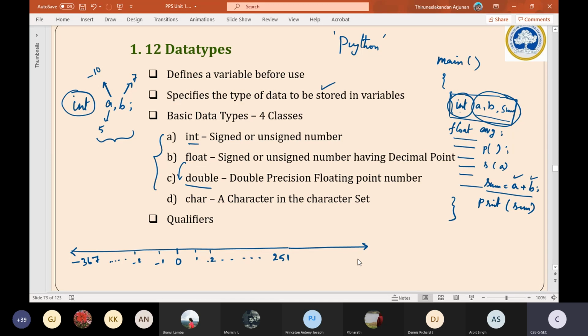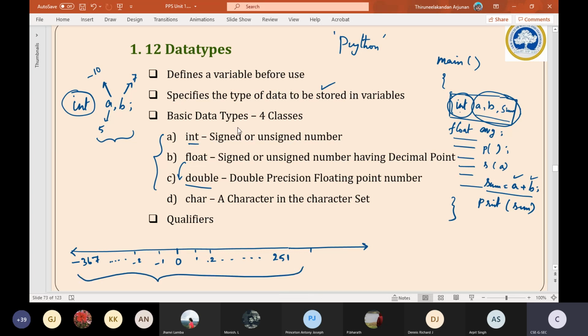That number is 255, 0 to 255 basically. Okay, 0 to 250. No, wait a minute. Okay, let me derive that one, not an issue. For now, simply understand that we can give an integer number, both on the negative side as well as on the positive side. That's it. You understand like this.